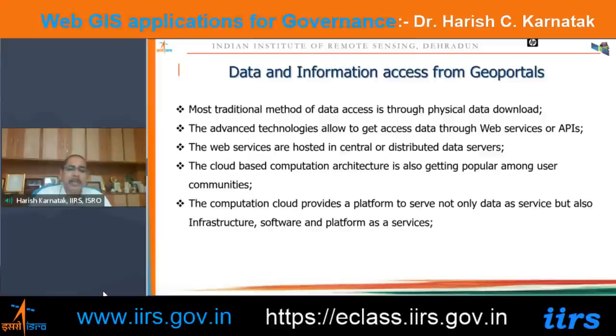These are known as advanced techniques, where the data is shared through web services or APIs. The web services are hosted on central or distributed data servers. Some web services you consume from the ISRO server, some from the NASA server, some from the Google server. Then you can integrate all these services together and develop your own application. You must have seen some experiments during this course, where my colleague Kamal was explaining how you can develop mashup architectures. This is a typical data access method where you access the data through web services and then integrate them together.